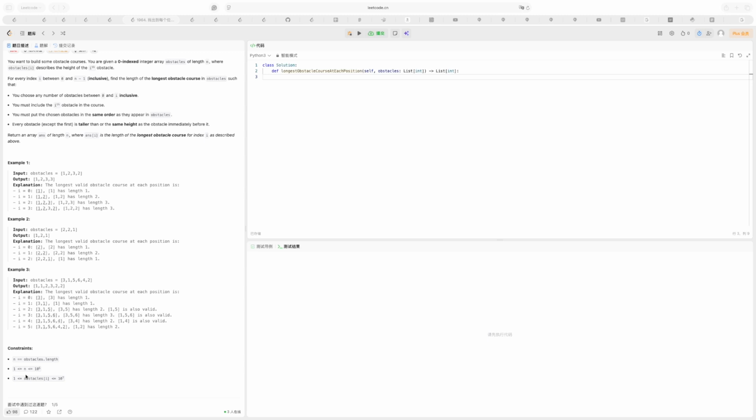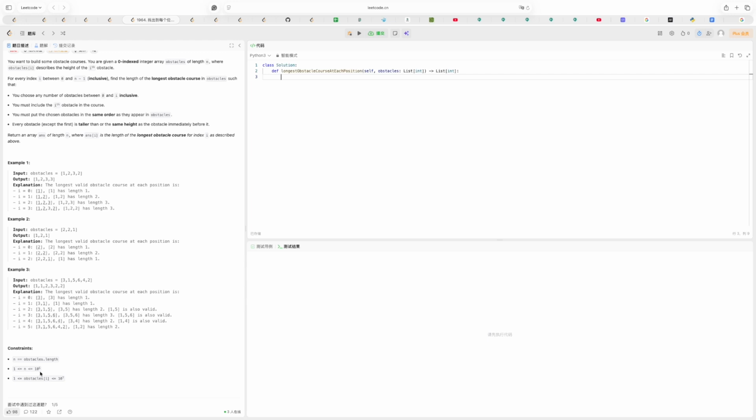I am not sure if this works, because the solution that I came up with has a time complexity of n squared. With n at 10 to the power of 5... not 10, it will be 10 to the power of 5. I think it's a bit large,